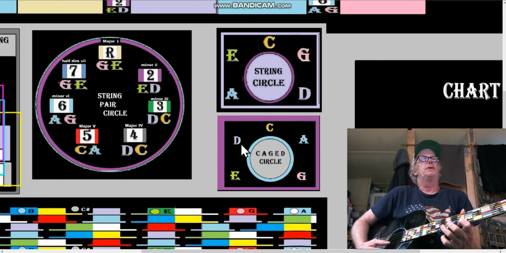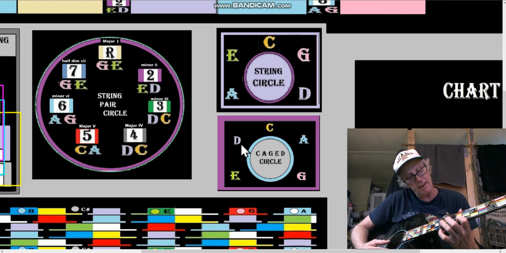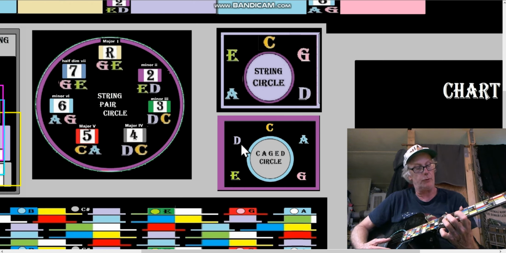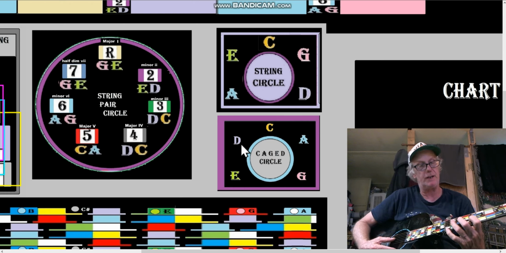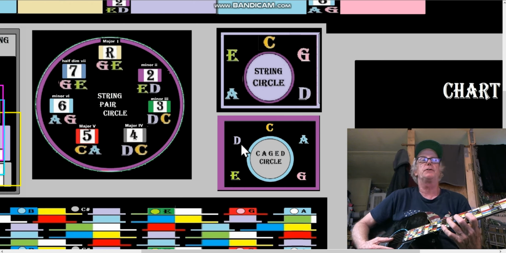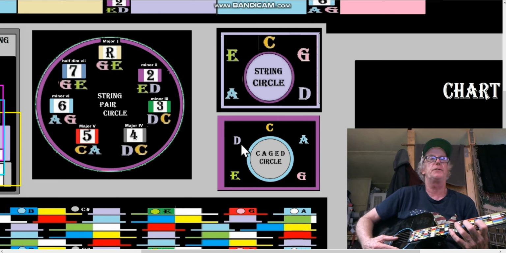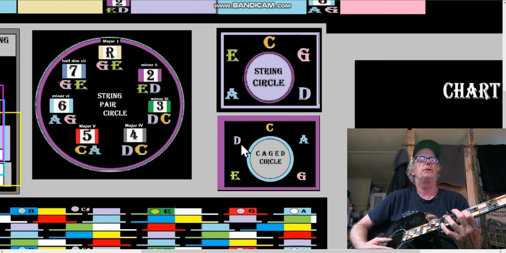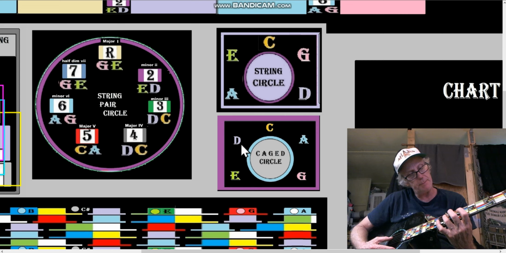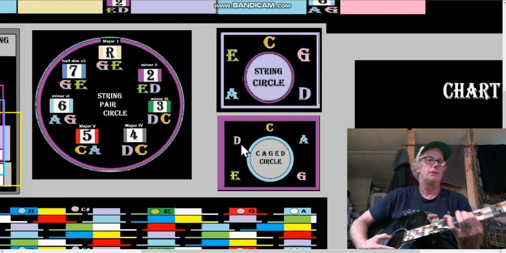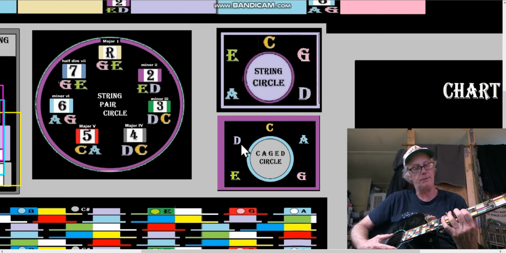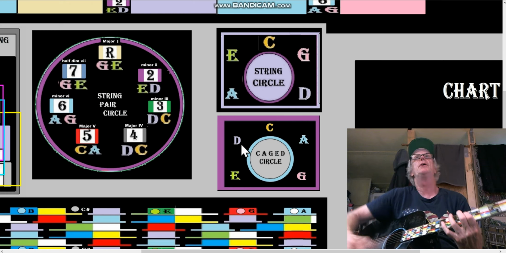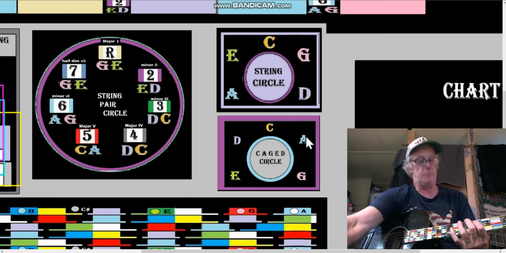Now the D is going to skip the E shape and go to the G shape. Okay, so we got to warp down for that, root, 7, 6 for that G shape. Okay, G is going to skip the A shape and go to the C shape. 5, 4, 3. Okay, C is going to skip the D shape and go to the E shape, to root, 7. So it's harder going down, and the E shape is going to skip the G shape and go back to the A shape,